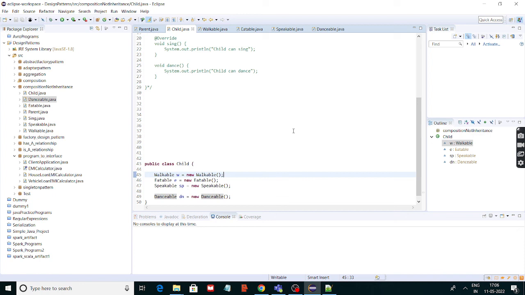In our next session, we are going to discuss types of design